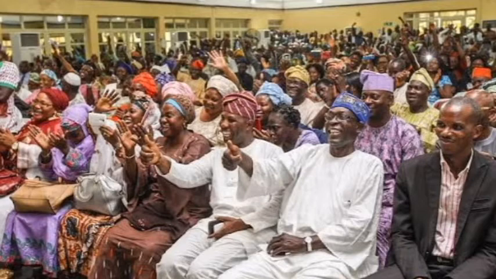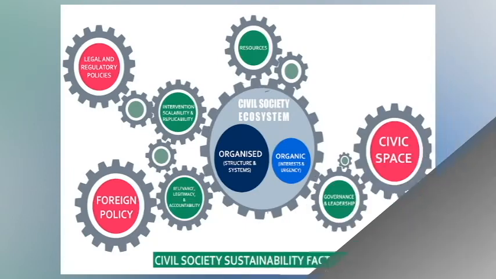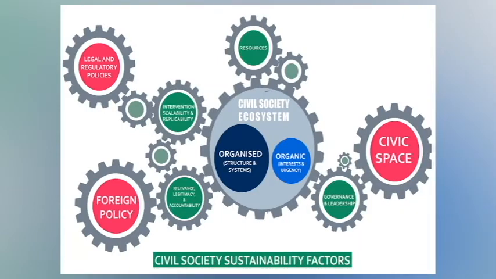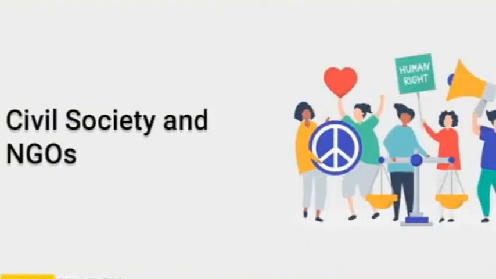So most of the time they get involved in project execution, and the funds given to them for such projects are most of the time not used for the purpose of those projects. So some people just form civil society for the purpose of making money, which is also becoming one of the major problems of civil society. We must understand that this is not the purpose for which civil society is supposed to be formed.